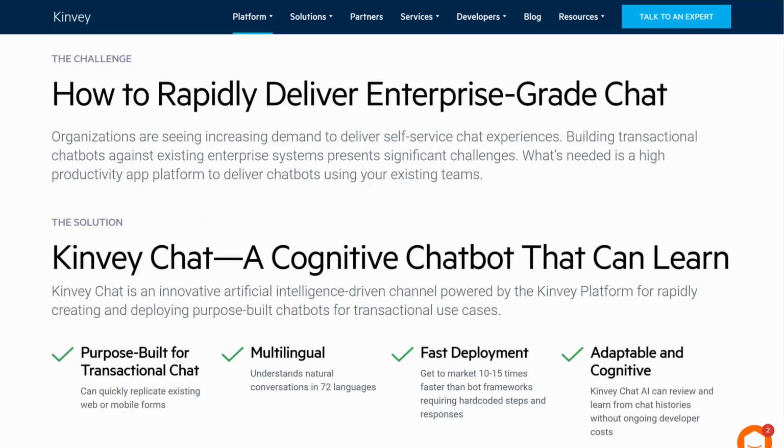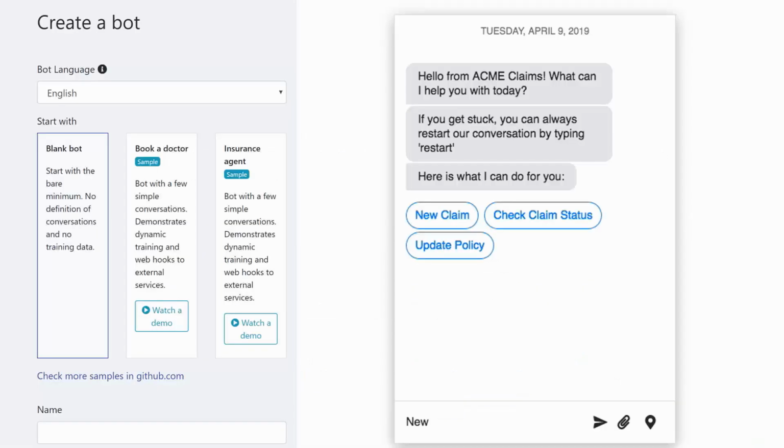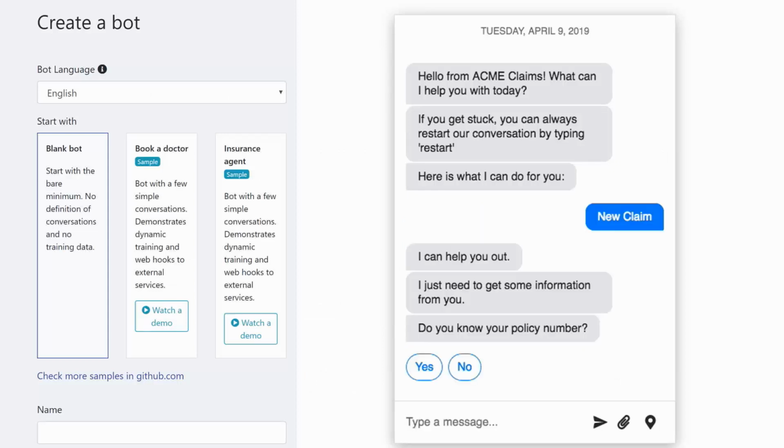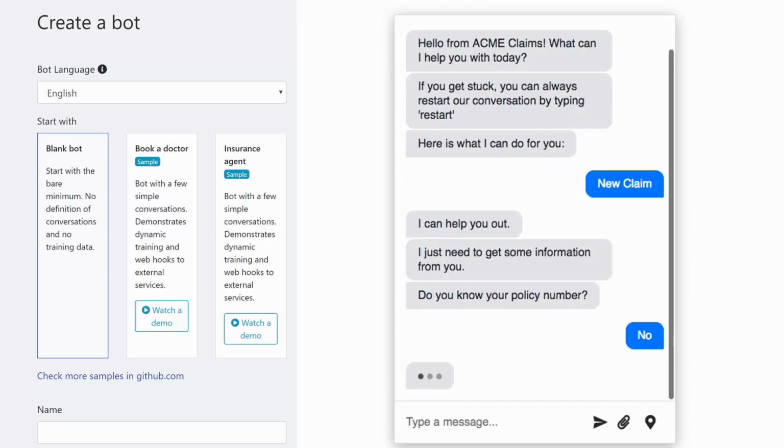It understands natural conversation in 72 languages. And what's really exciting is it is also adaptable and cognitive. So it will learn for you without using that engineering time to do that. Here's a little look at an example. I think TJ showed this morning of walking through a claim for